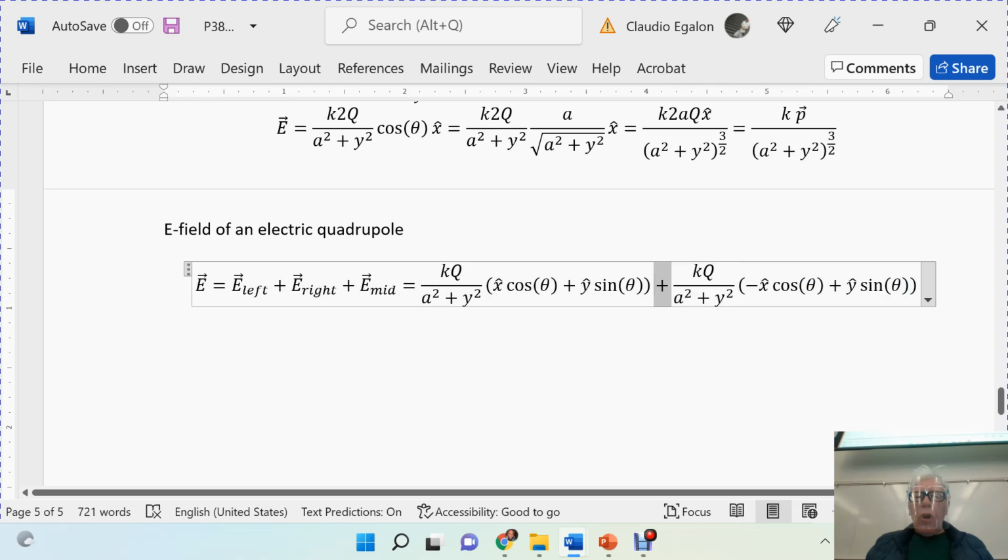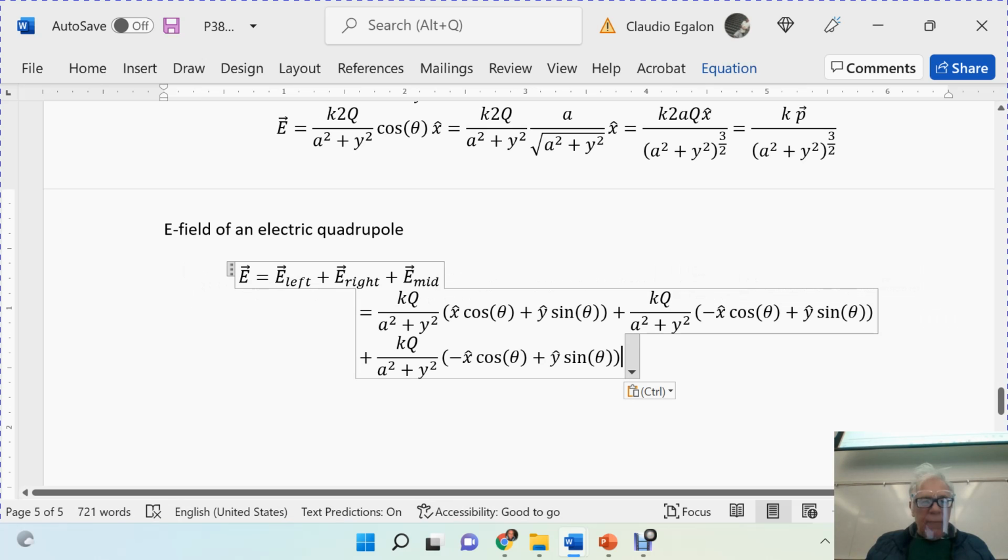And the mid charge is going to have an electric field like that. The distance is going to be y